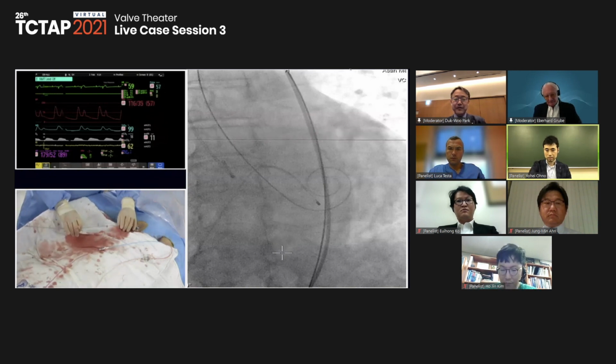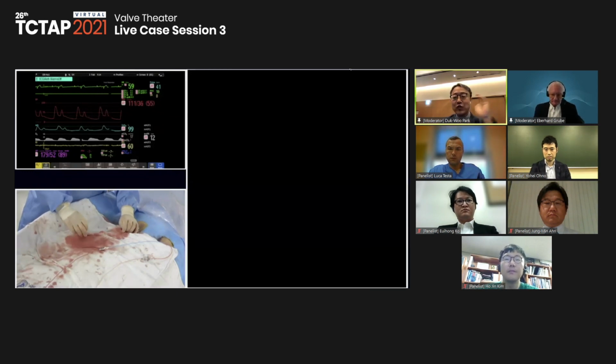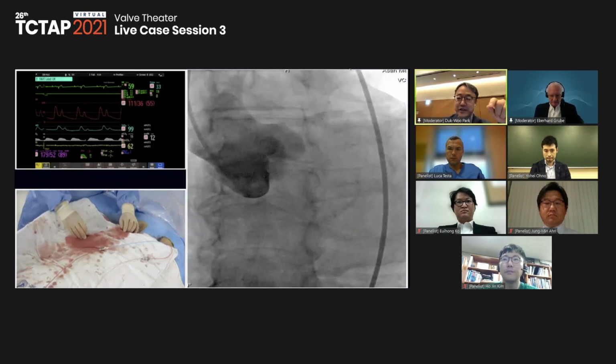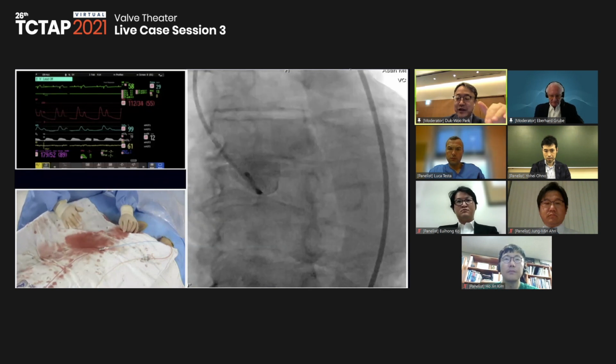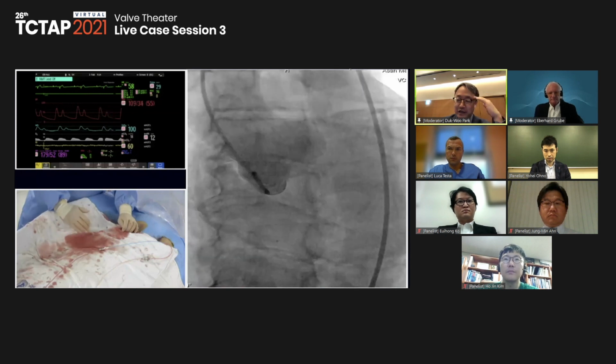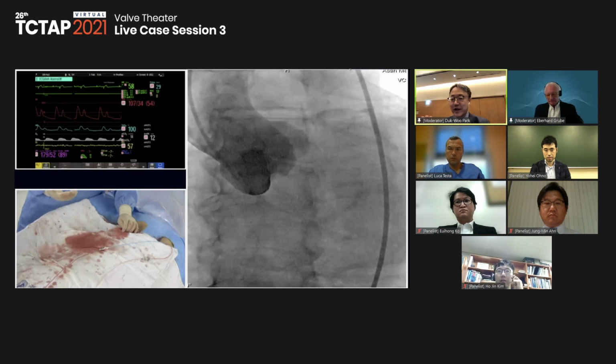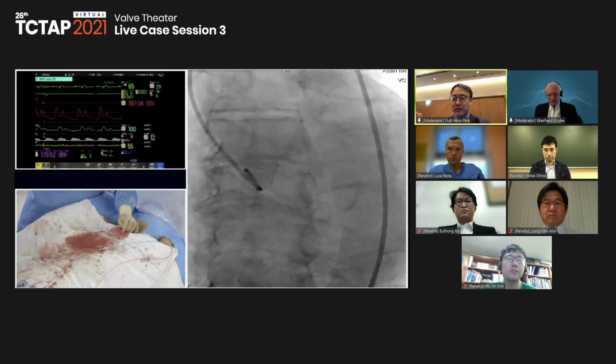This is our center's routine clinical practice. On the basis of the calcium amount, if less than 500 cubic, we usually don't. We do direct valve deployment, but if calcium is much more than 500,